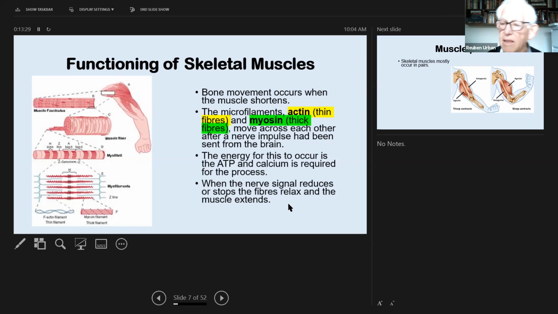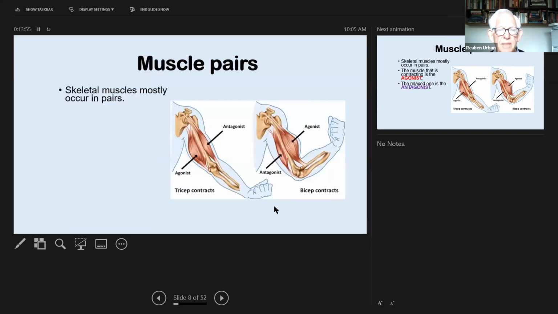So if you stand in front of a mirror and you put your arm up and you look at your bicep, by bringing your arm up, you're contracting it, so it becomes fatter. So you say, hey, look at that, it looks pretty good. But if you straighten your arm, you lengthen your arm, you're actually relaxing those bicep muscles and they just become longer. So this is the example.